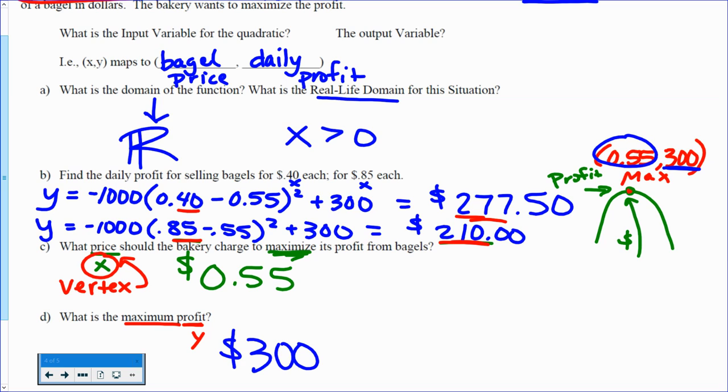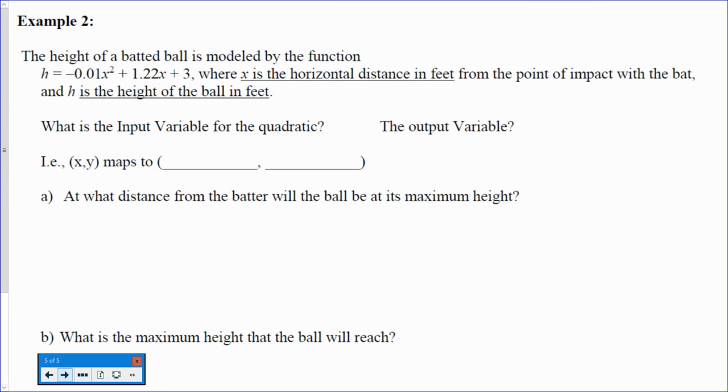All right, let's take a look at another example here. So example 2, the height of a batted ball is modeled by the function below, where x is the horizontal distance in feet from the point of impact with the bat, and h is the height of the ball in feet. So this first part, I want you to think about this again before we answer questions for A and B,